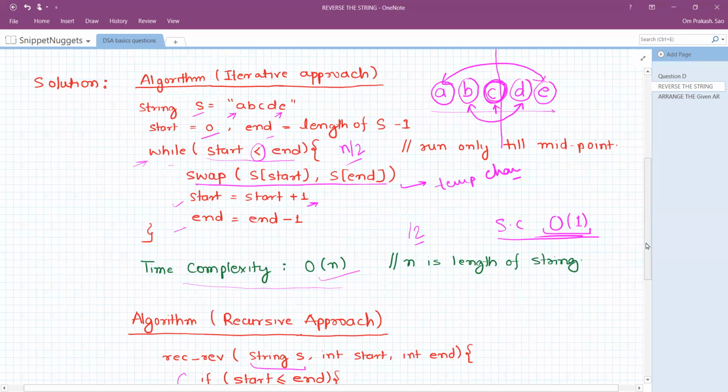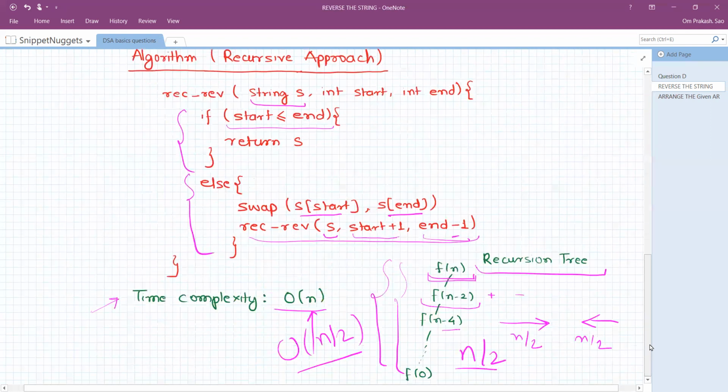We are just using one single character for temporarily holding that character for the swap. Okay, but in the recursive approach, even though we are not explicitly using another string for holding the reversed string, during the recursion stack,